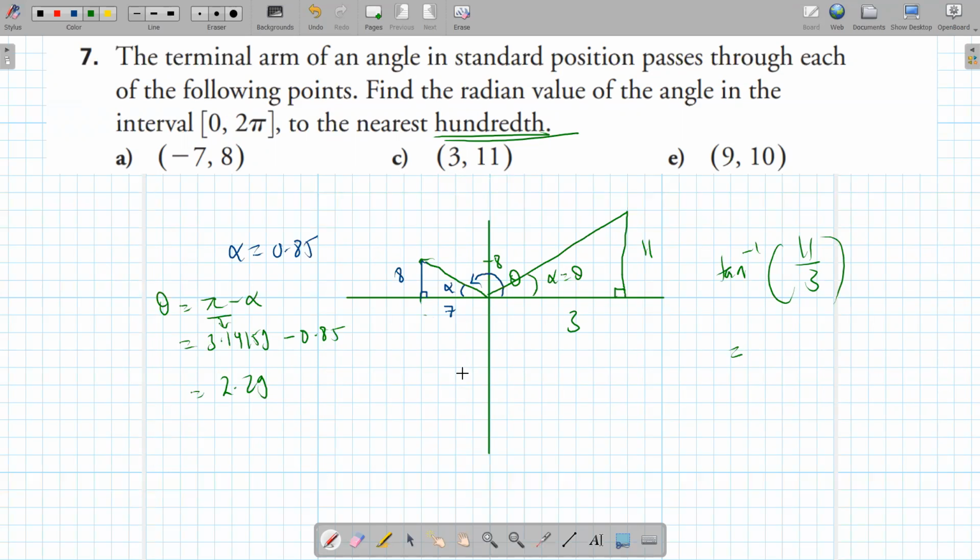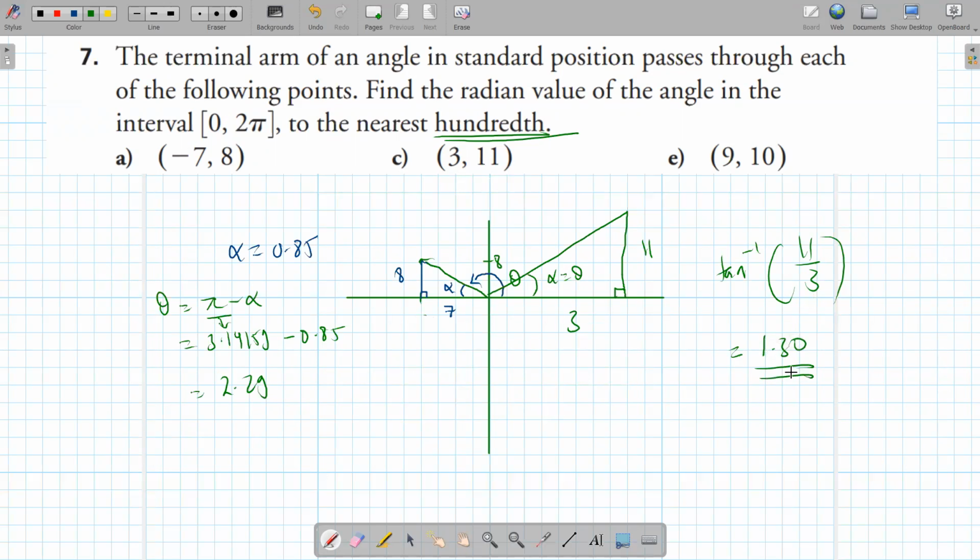So we're just finding the related acute angle here? No, we're finding the related acute angle, but in quadrant 1, the related acute angle is the principal angle. Yeah, so it's the one that starts at the origin. Exactly. So in this case, both the related acute angle and the principal angle in radians anyways is